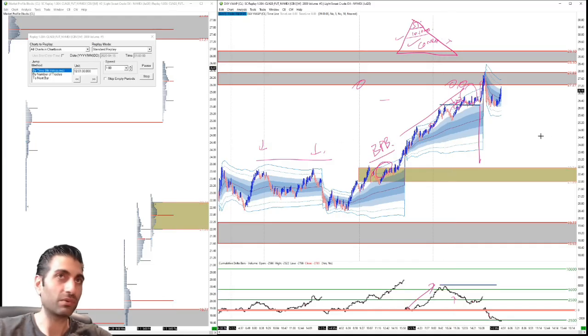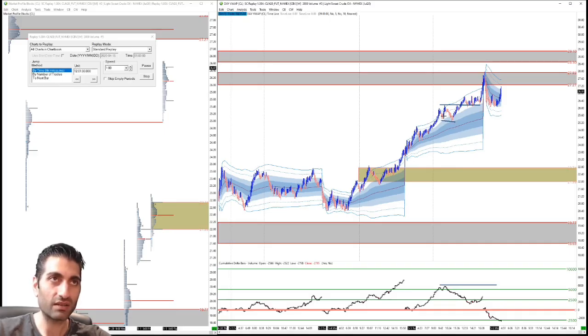That's not a great example. It's never going to be 100% perfect. Otherwise, the famous saying, we'll be on a beach. It's not going to happen every time. But can you see, if you entered here on the blue Heikin-Ashi and you got stopped because you put your stop there,